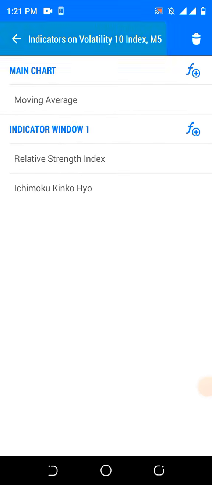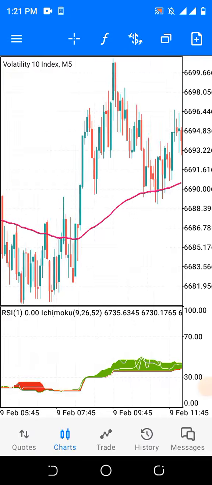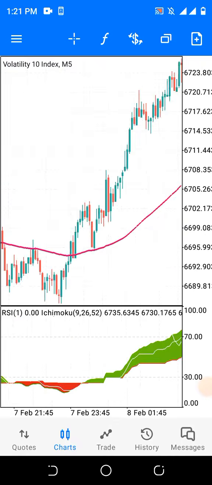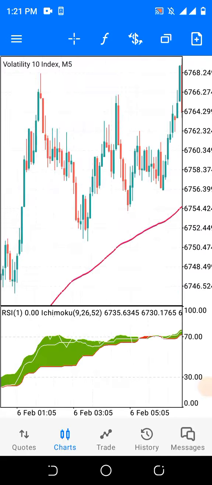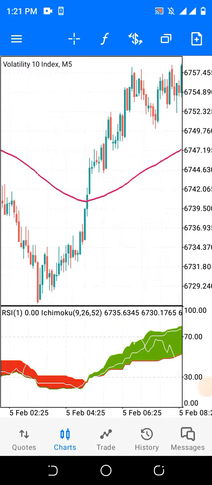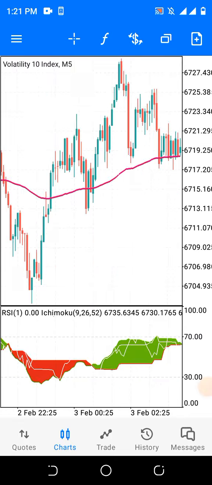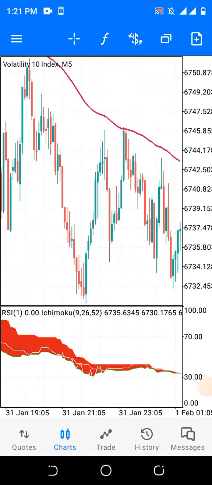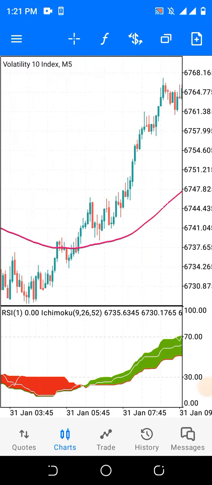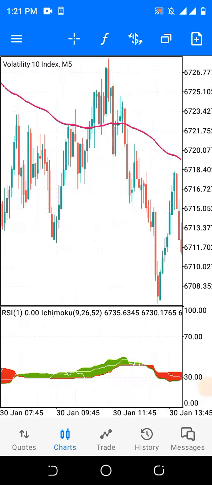Do you understand? Now let's go back to our charts. Now this is how it looks. Do you understand? Now the next thing is how to apply this, how to make use of it. I said this indicator will show you where to make your trade and where to place your stop loss. Do you understand? So pay attention. Let's follow. Now this is how to use this indicator.